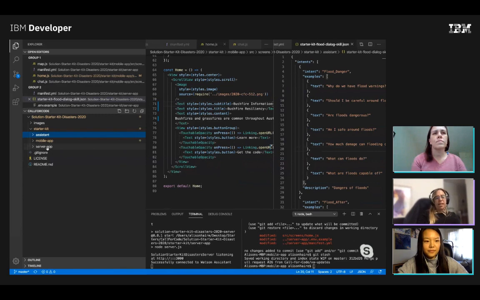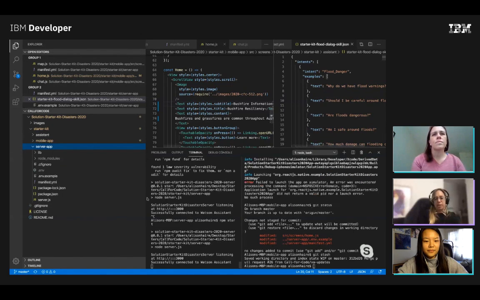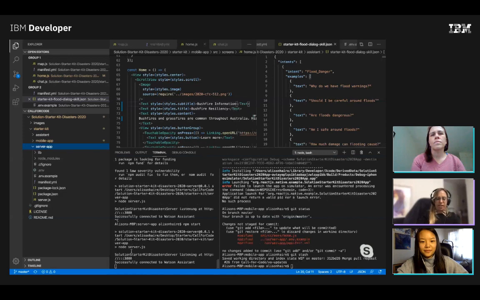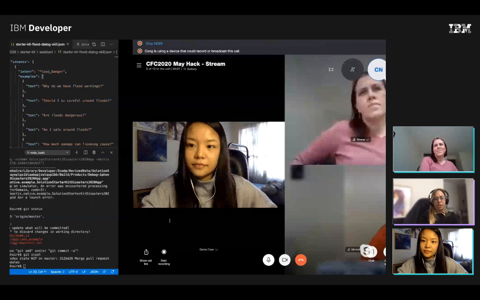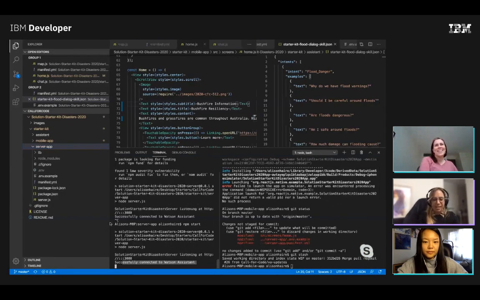The next part is also the server app. So this is what's running in IBM, not much there. If I have a look in my terminal, I'm running this on localhost 3000. So the server's listening to localhost 3000 and it's successfully connected to my Watson Assistant. So if you go through that basic tutorial pack that I was showing you before, sorry guys, switching screens too much,